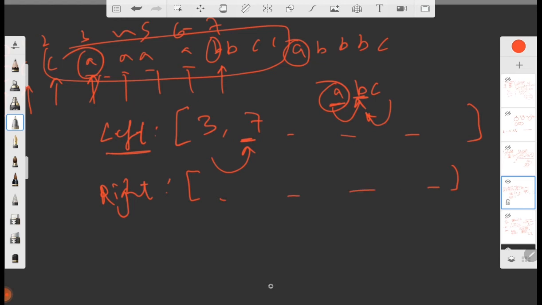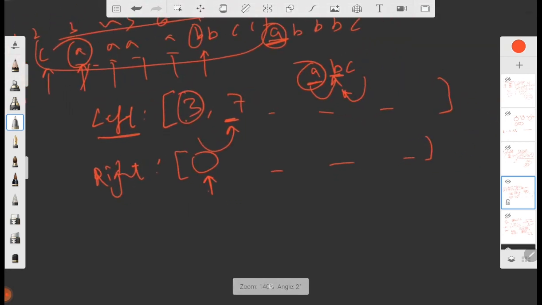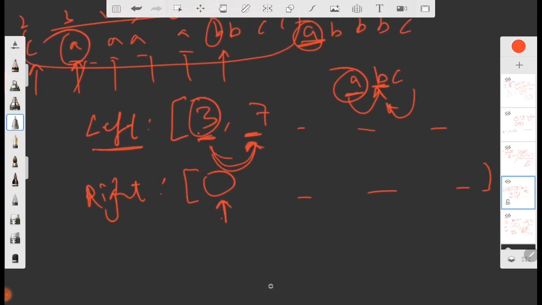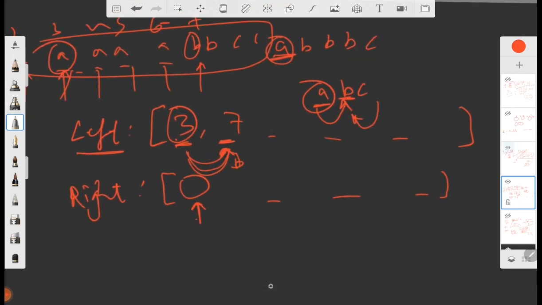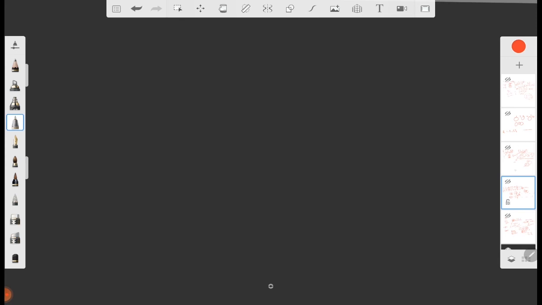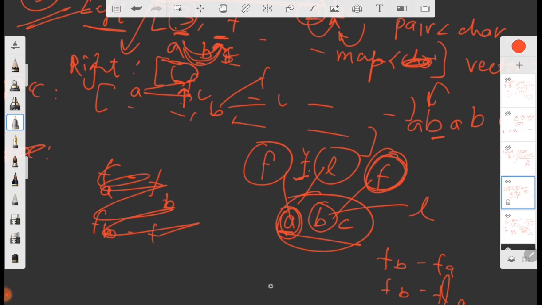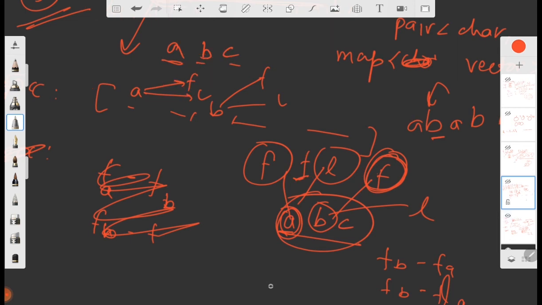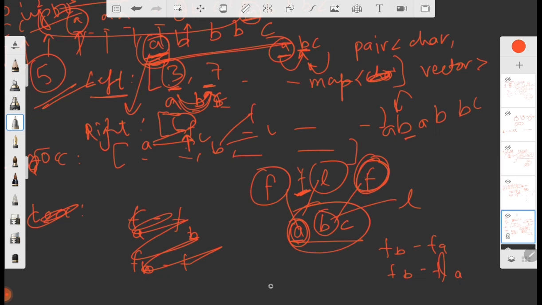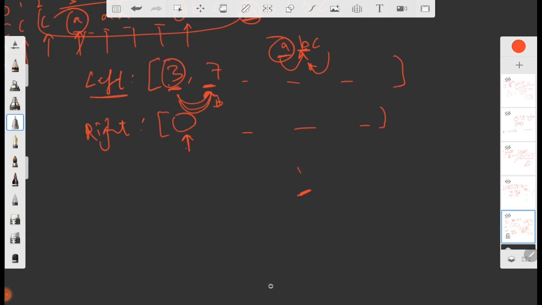So I know the occurrence of a and b from the left side and from the right side. After a, I will search for b, so definitely there will be no collision like the one I was getting before. It's just simple code, we don't have to do anything more.